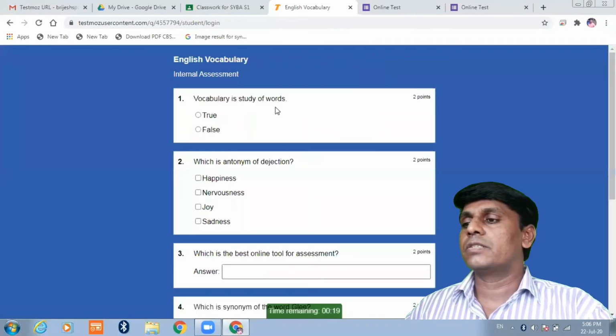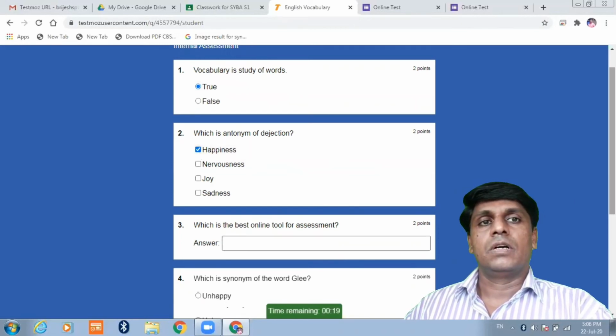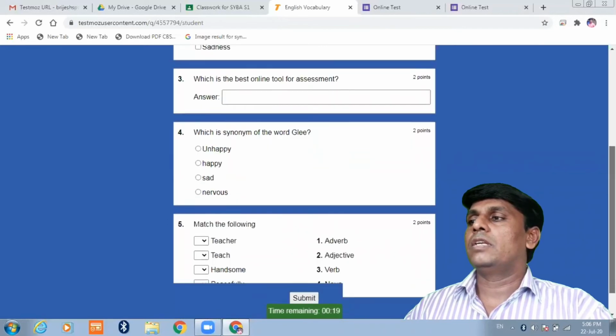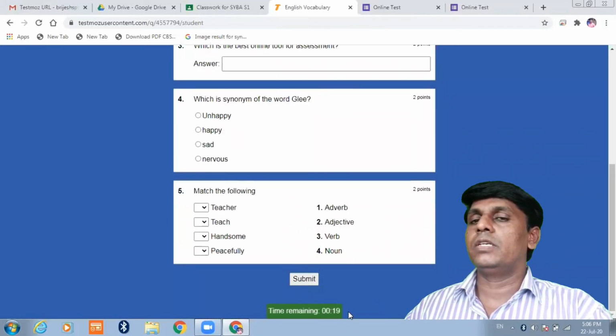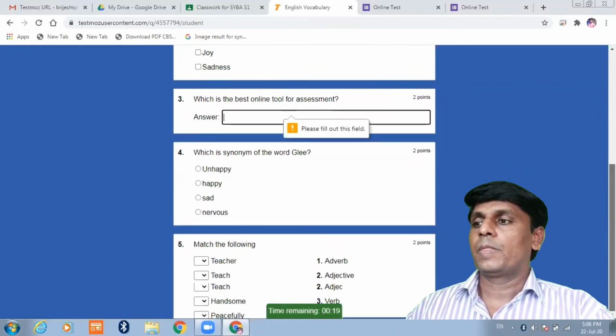And that is the interesting feature of Google Classroom, that you can set it with other tools, and in this way you can make your teaching and learning interesting with the help of Google Classroom.